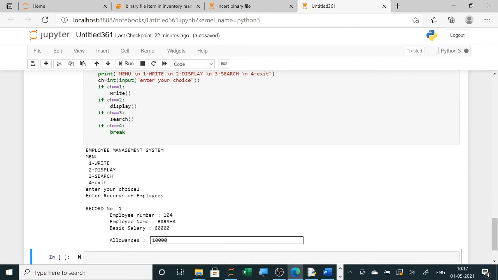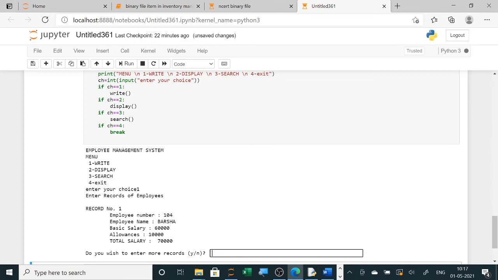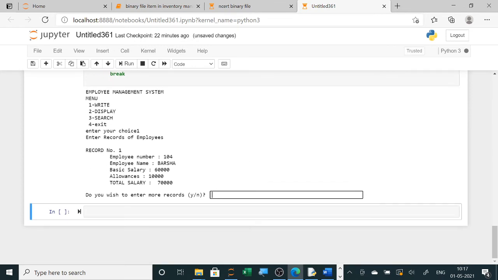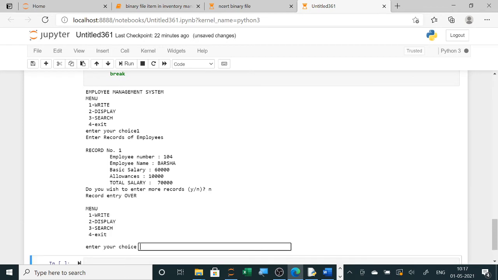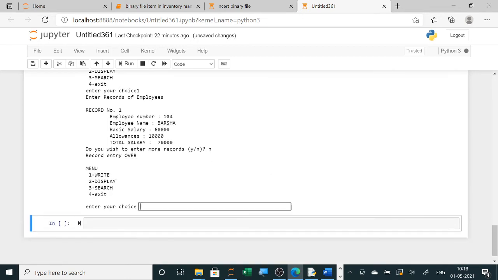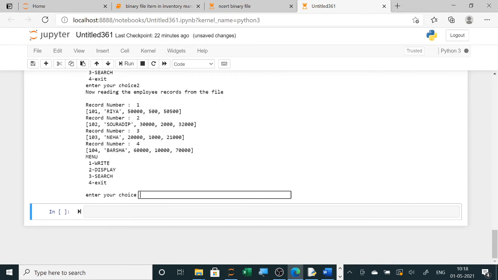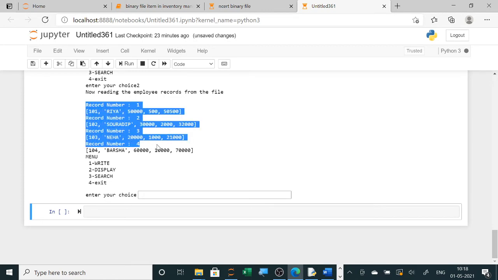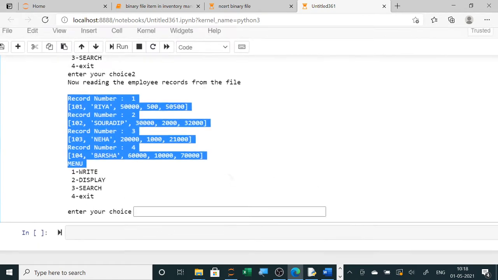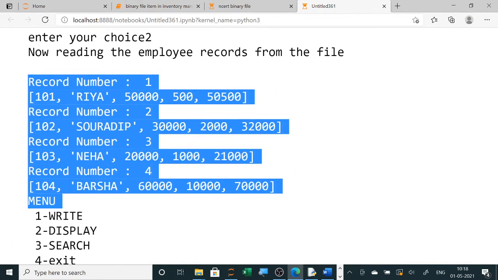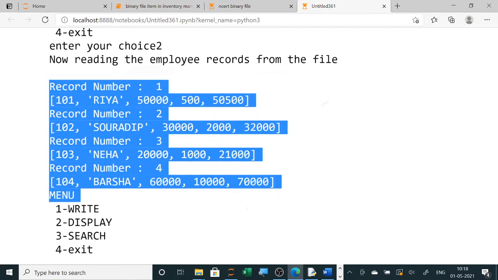Allowances, no. Now when I select no, the record entry over is displayed, and then it shows the menu. So I will select 2 and it will display all the 4 records. You can see it has displayed all the 4 records.